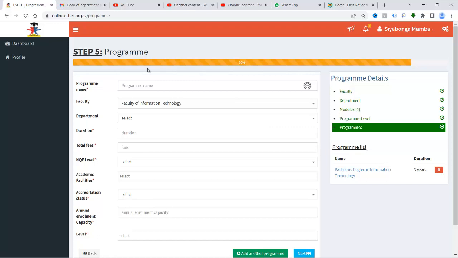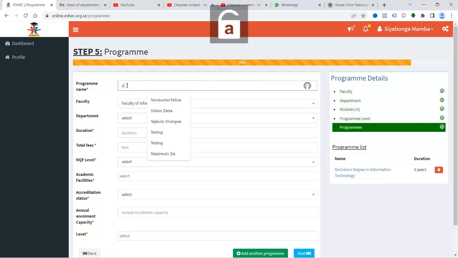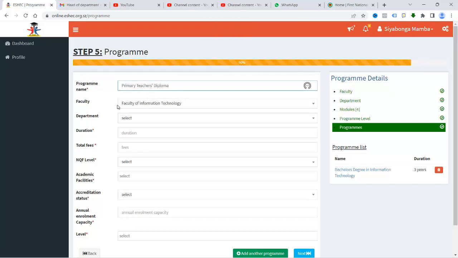primary teacher's diploma. So now what you do under programs here, this is where we add the program name, which is your primary teacher's diploma. The faculty, automatically the system will pick it up. The department, if maybe you're logged in as the head of department, automatically the department will be selected. Duration maybe is 3 years. Fees, maybe it's